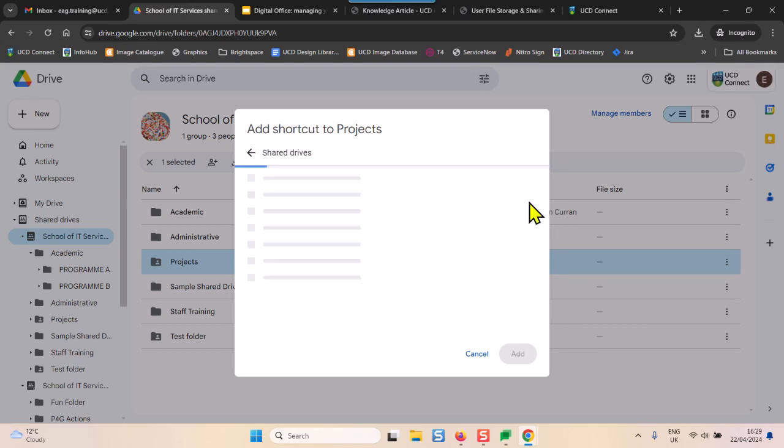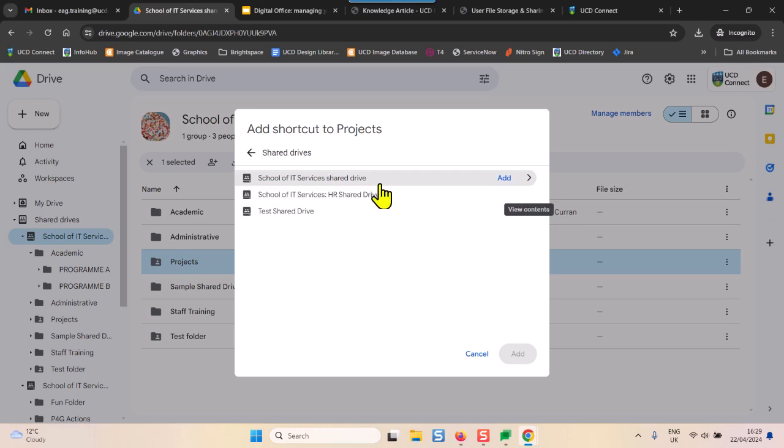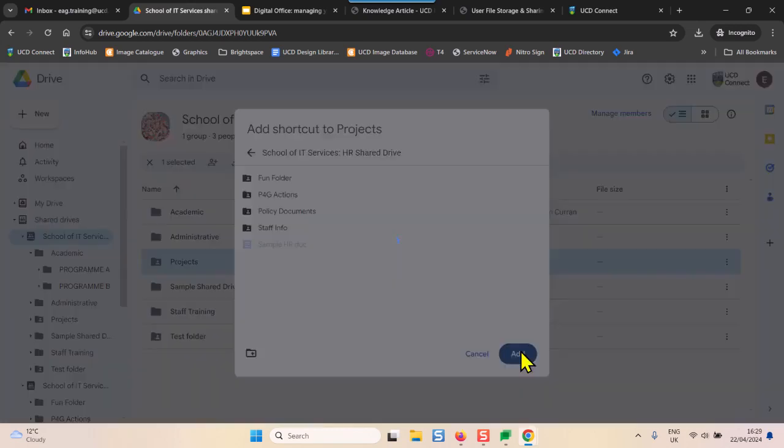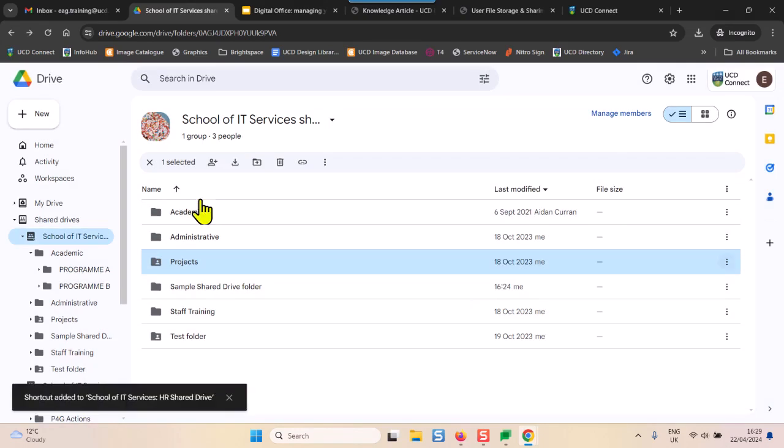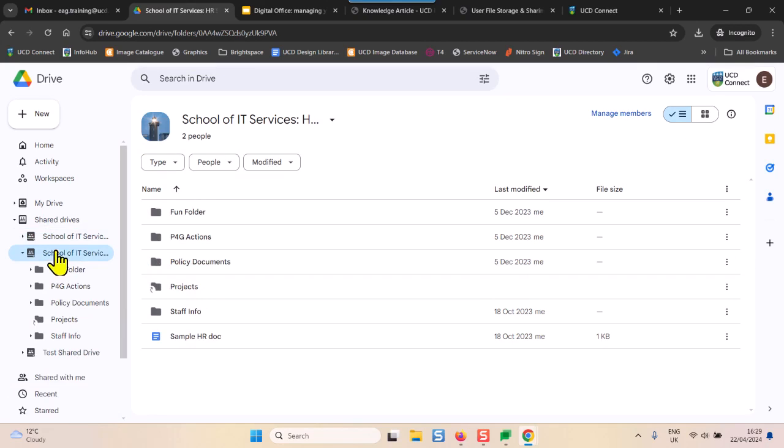And then I want to add it to my HR shared drive, and here I want to add it at that level, so I'll add the shortcut into my folder. This person can't access the folder because of its sharing permissions, so I'll add the shortcut anyway. Okay. And I'll go to my School of IT Services, and now you can see that my shortcut is here